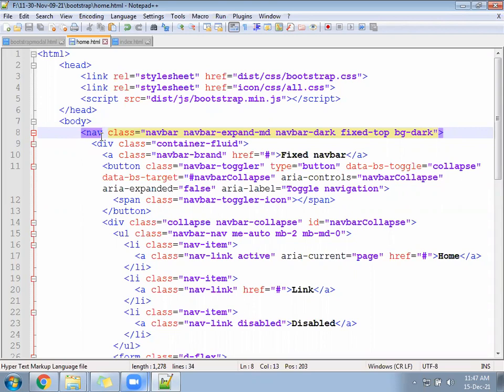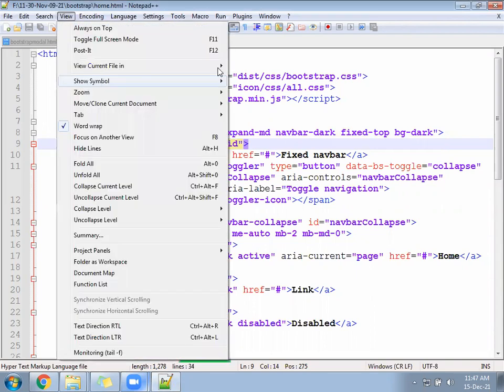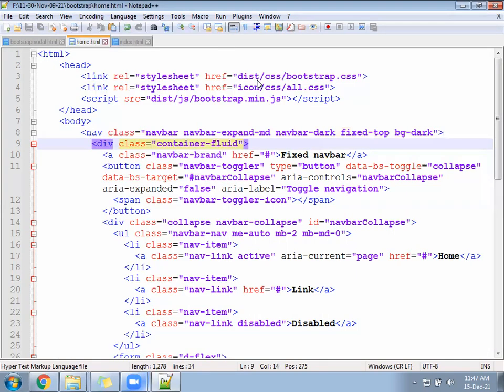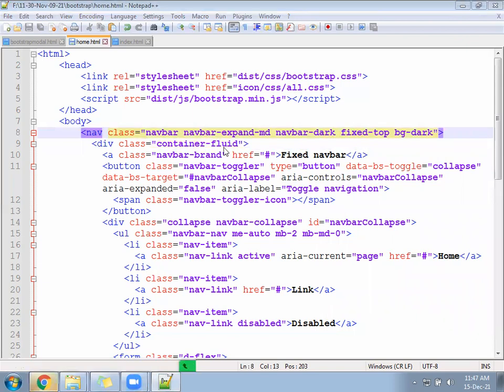Okay, you got it. Nav to nav came in the home file. If you run the home file, you will find a very good menu appear. Menu will be in which color? Black. We have multiple color combinations for background purpose. We can change and have a look. So the navigation looks like this.